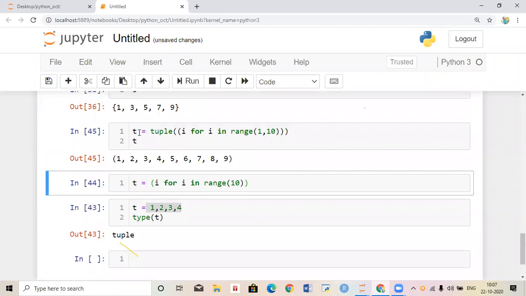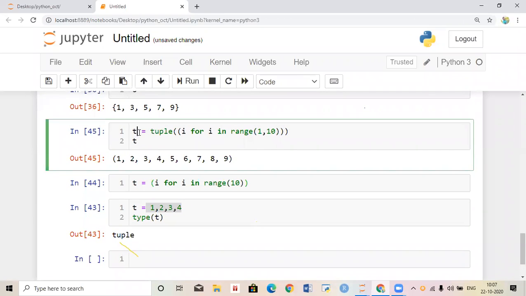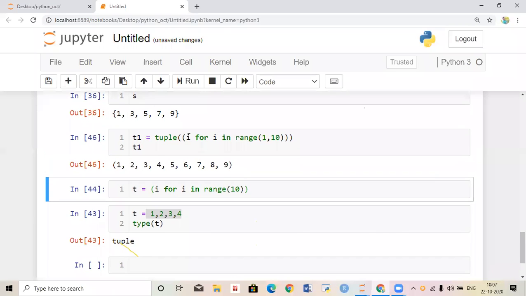Just take t1. See, now it's printing. Then t2, 100 to 110.